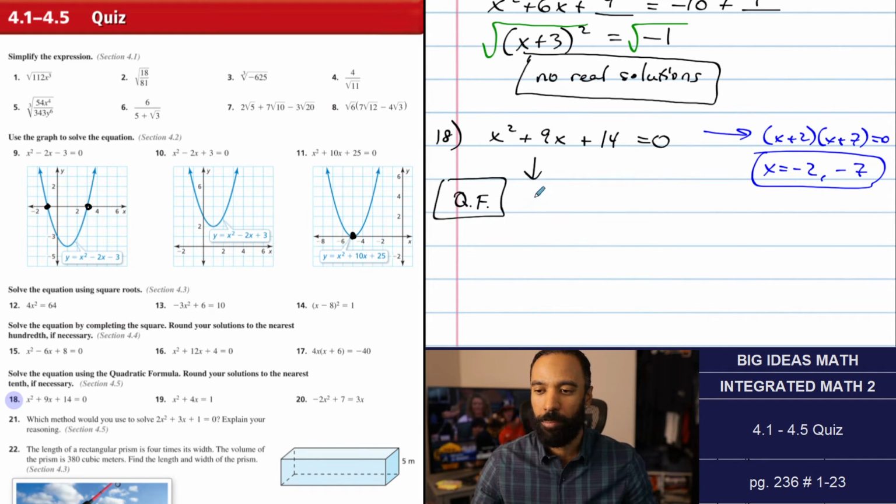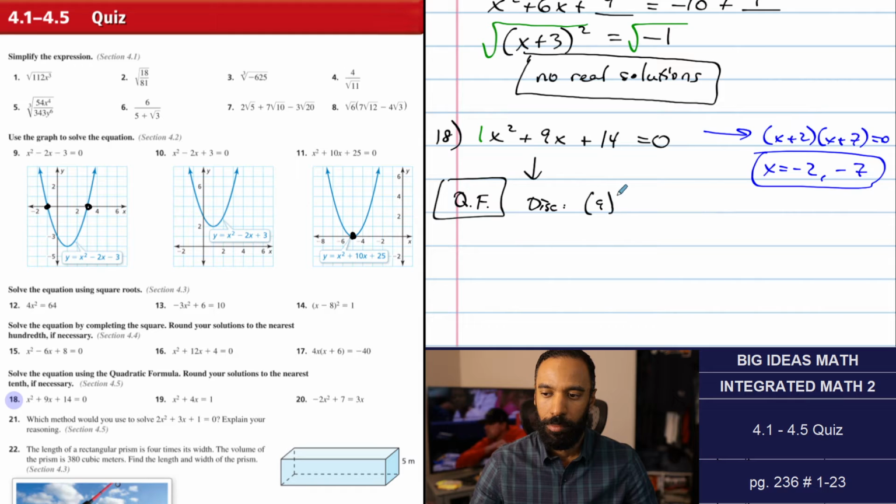And in the quadratic formula, first of all, you need to be in standard form. Yes. Set equal to 0. Yes. Reduced, preferred, and we are. Identify a is 1, b is 9, and c is 14. And let's find the discriminant first. The discriminant is found by doing, in the quadratic formula, b squared minus 4ac. That's 81 minus 56, which is,